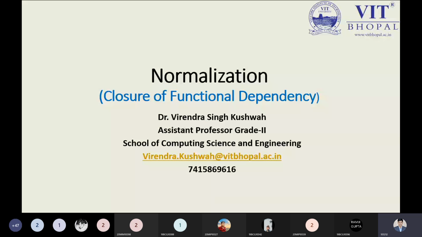So, students, today we have the topic closure of the functional dependencies. Functional dependencies we have seen. Functional dependencies are saying to us that when we have many attributes, and there is some relationship we need to show between some attributes, then functional dependency is an important concept. And types of functional dependencies we have already seen in a detailed manner. Yesterday we have seen properly.